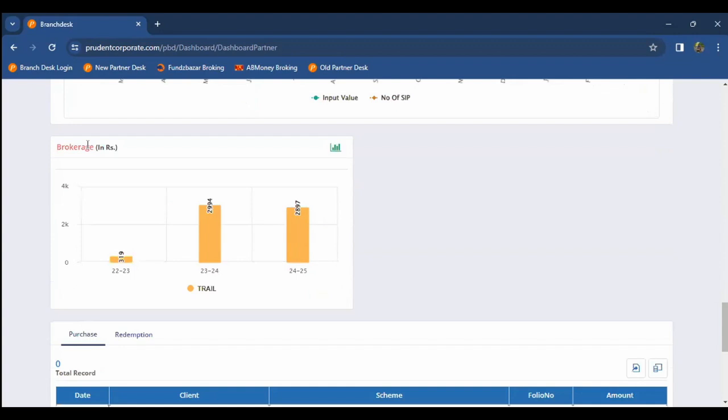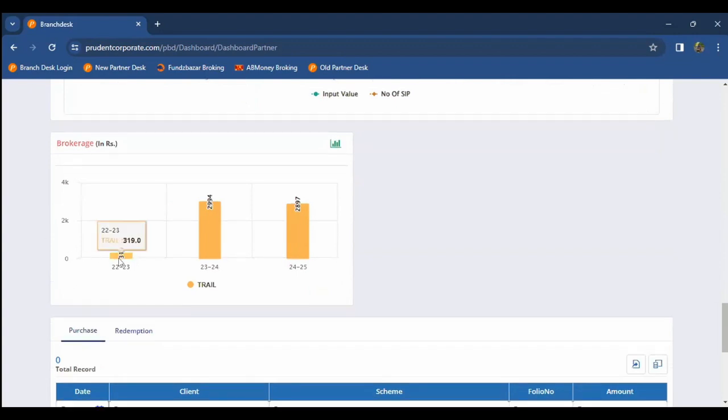The important thing is brokerage. So if you can see from this particular client whose name is Amol, I have earned a trail income of 3,000 rupees in the last 23, 24. And I don't know why 24, 25 is visible. Ideally, it should not be visible. I'll check with the team as to what this is. I'll just take a screenshot. So this is giving you a fair idea as